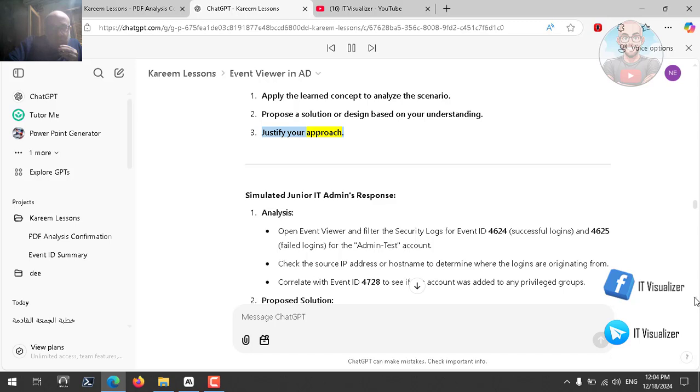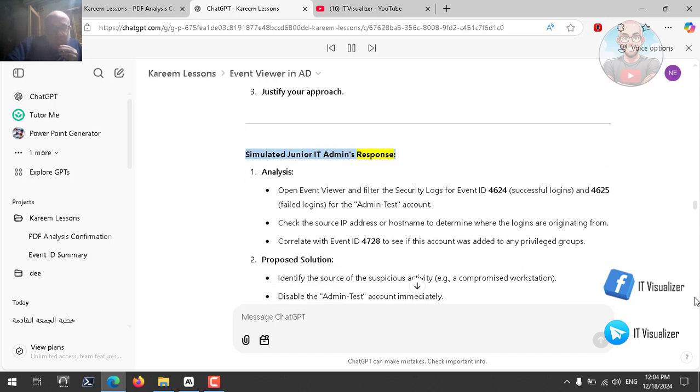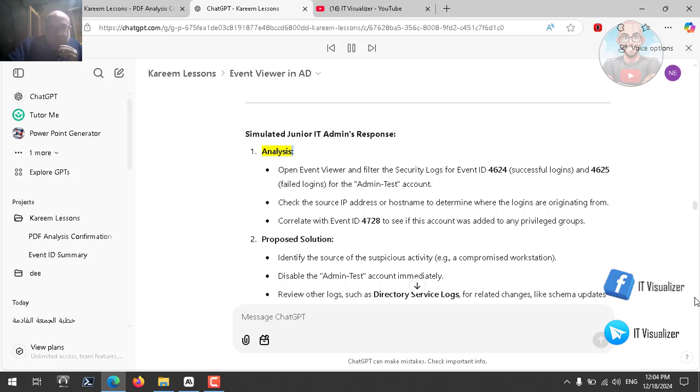Justify your approach. Simulated junior IT admin's response. Analysis. Open Event Viewer and filter the security logs for event ID 4624, successful logins, and 4625, failed logins for the admin test account. Check the source IP address or host name to determine where the logins are originating from. Correlate with event ID 4728 to see if this account